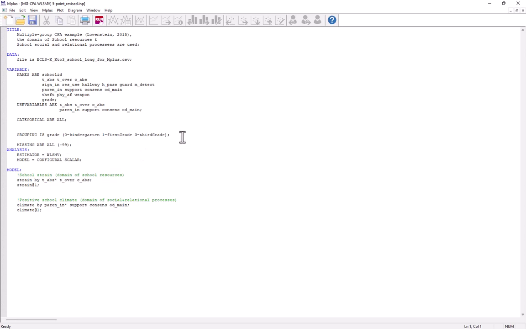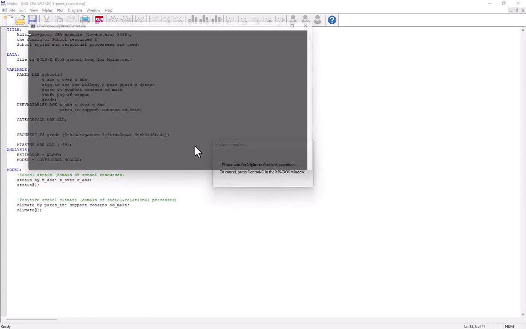So I have code here where I'm declaring the grouping variable as grade, with 0 equals kindergarten, 1 first grade, 3 is third grade. The variables are treated as categorical. Now my model here, I am requesting configural and scalar invariance models, and I have the latent variables as school strain with 4 indicators and positive school climate with 4 indicators as well. So I'll run this,